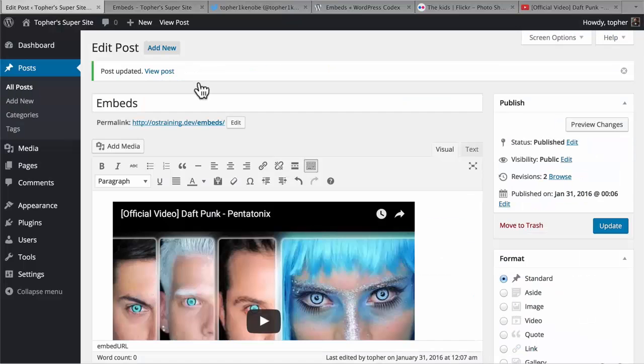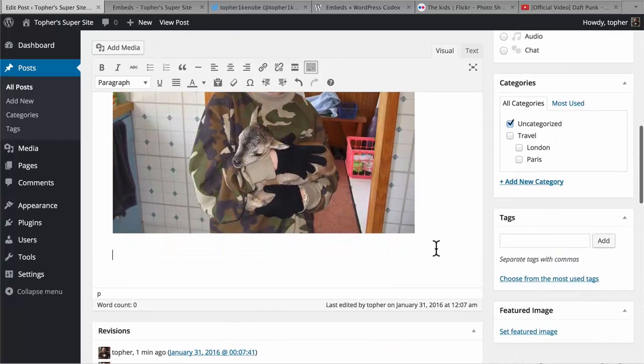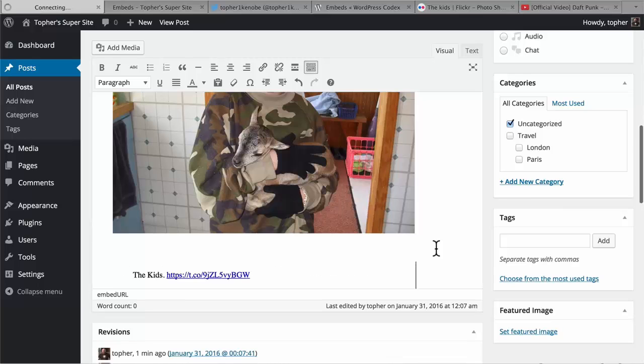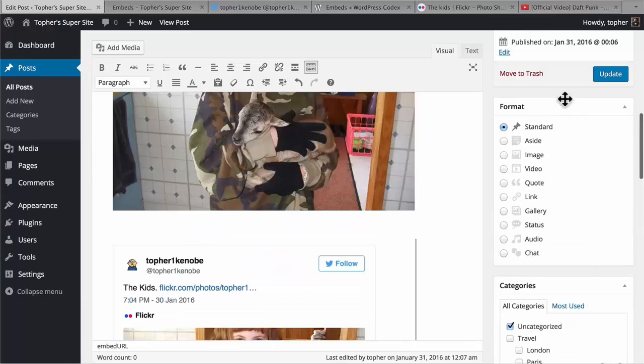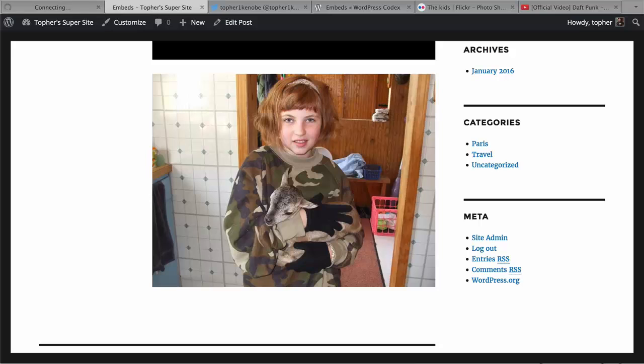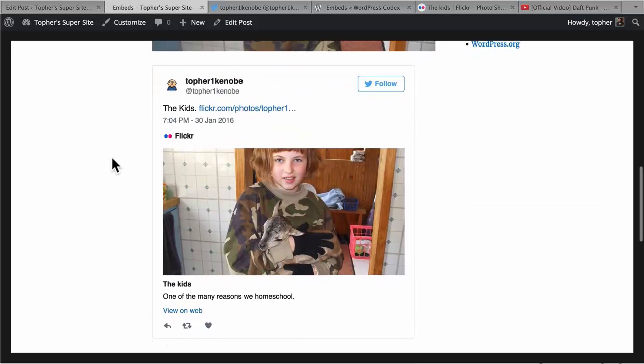Now I come back, and right below this picture, I'm simply going to paste the URL of that tweet. And there we are. Now I hit update. And there's the tweet. Now something that's particularly cool about embedded tweets is all of these widgets work. So you can favorite or retweet or reply, view on web, follow, all of those things right from this tweet